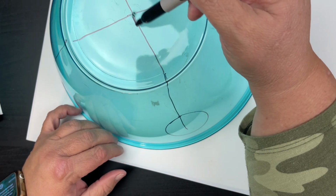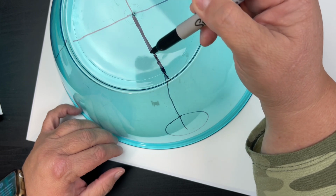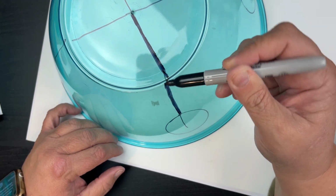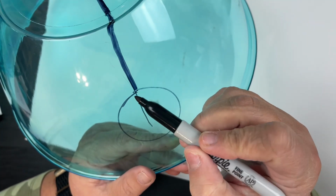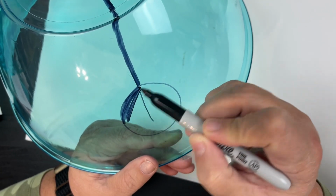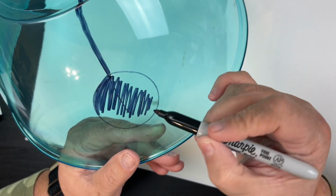You can make these much bigger. We'll just do a real quick Sharpie so you get the gist of it. And you're going to do each and every one of these. And you're just going to color them in. Do real quick. I'm just going to do 1